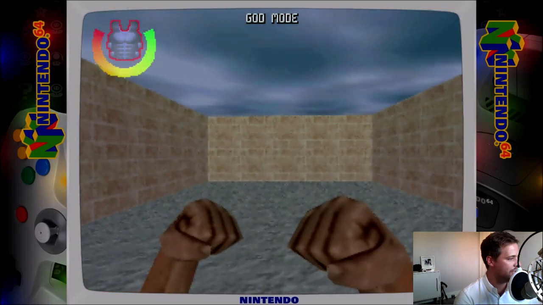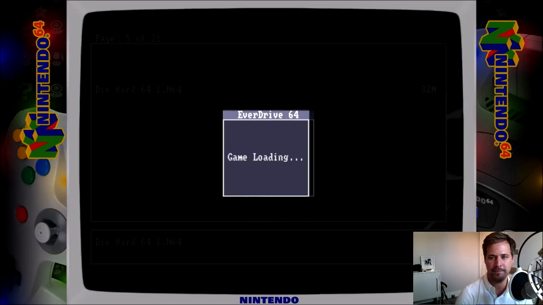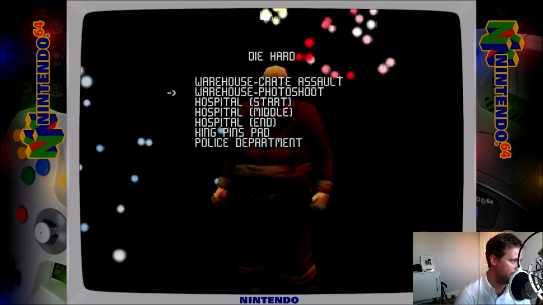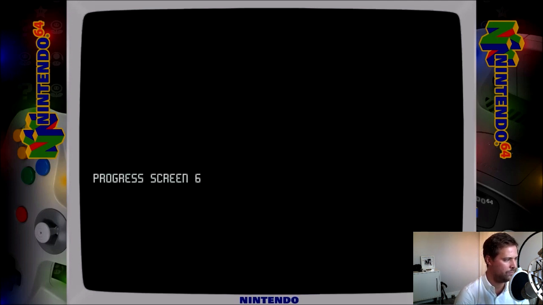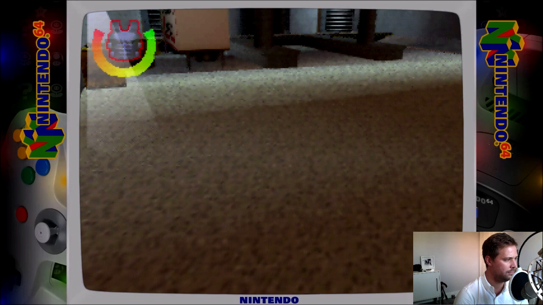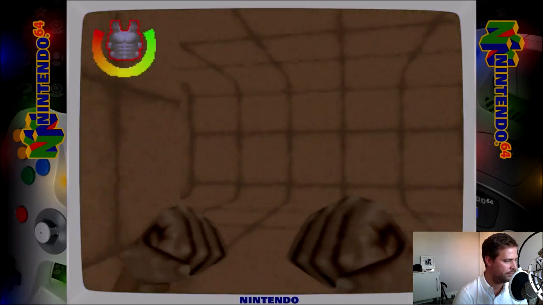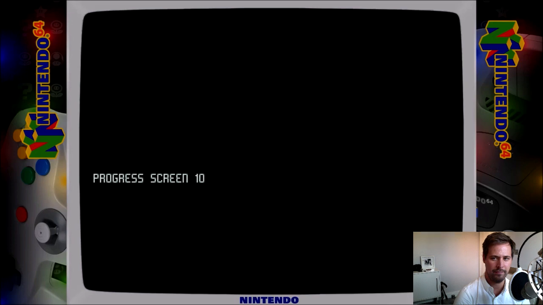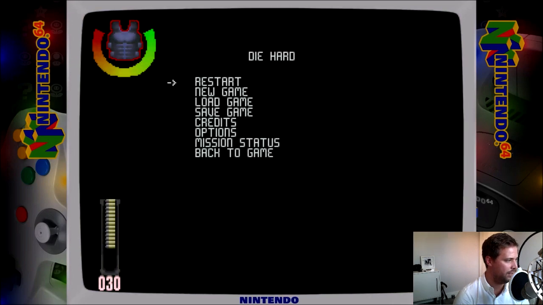What I'll do is I'll just go back to build 1 for a second, just to check that point out. Yeah, so Cody, let's have a look. So if we go to, I think we're talking about the warehouse levels. Actually, I think it's Crate Assault 2 we needed to go to, warehouse photo shoot. So if we go to the options,